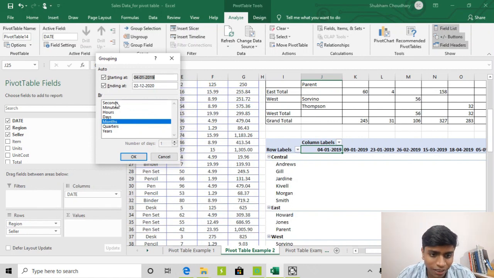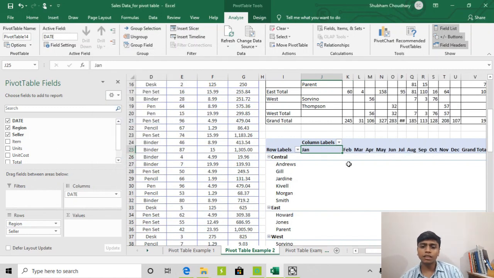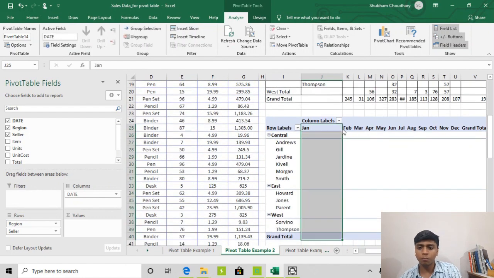We can select multiple of them or any one. We want that date to be sorted in months, so we will select months and press OK. Now you see that the entire dates have been sorted by months. Isn't it very simple?